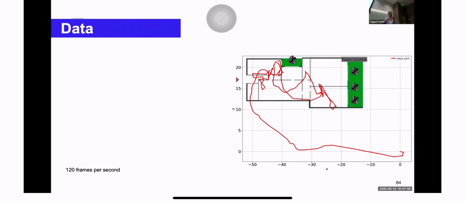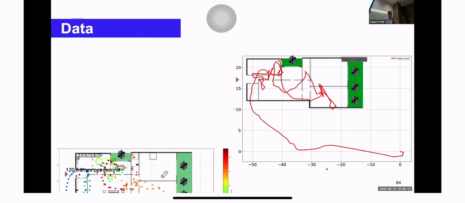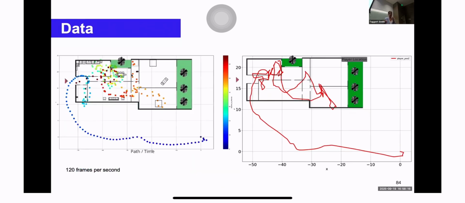So we put them together, we mapped them on our floor plans, and we tracked their path. But because we had revisits and because it was 120 hertz, the frequency of frames per second, it was a lot. So we turned them into this. Basically, we had some intervals between them, lowered the frequency, turned them into time, and added a jet hue to be able to track where they started their path and where they ended. They start with dark blue and end at dark red. That way we could tell where each participant is at each time.